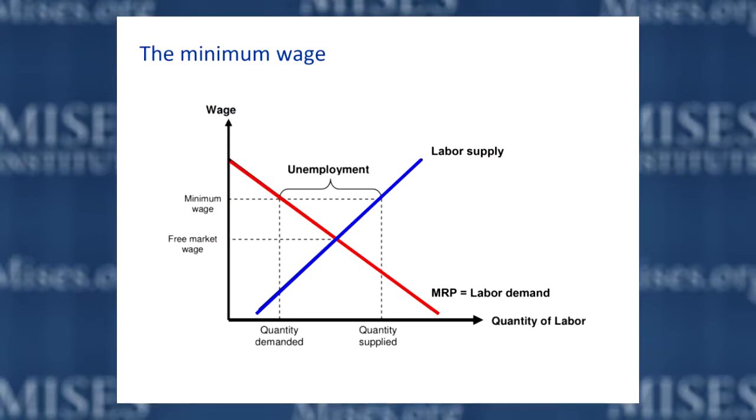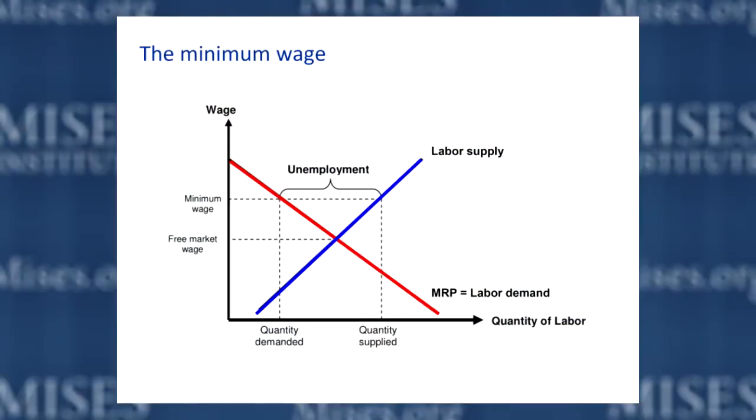Now, I want to discuss one final application of monopoly theory, one that you might not have been expecting, and that's an application to the minimum wage. So as you may know, over the last 15, 20 years, there's been a big controversy and debate within the mainstream economics literature on minimum wages and whether minimum wage laws might actually help workers rather than hurt them. Because you see, up until the mid-1990s, almost every economist, certainly all Austrian economists and almost all neoclassical economists, believed that minimum wages were not a very good way to help low-wage workers.